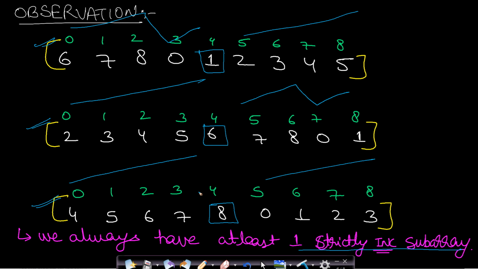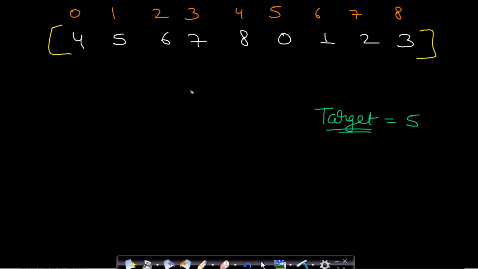So we will use this observation to solve this problem in just a single pass. Our target was not to find the pivot element, but only to find if the target is present in the array or not. So if we can avoid the search for the pivot element and still solve the problem, then it will highly improve our time complexity. I have taken an example, and here we will find the target 5 in just a single pass. So we don't need to find the pivot element in this case.